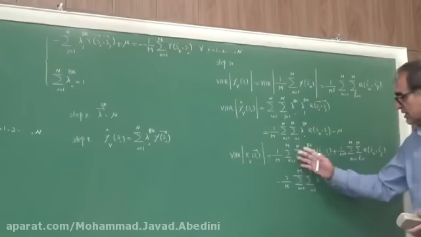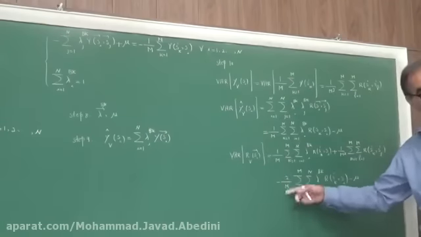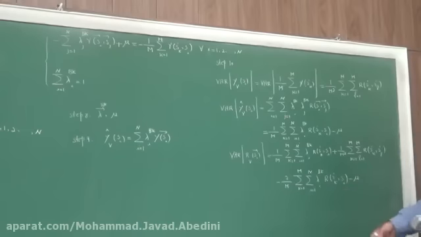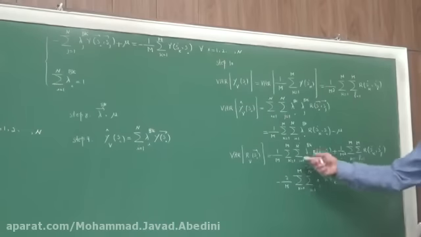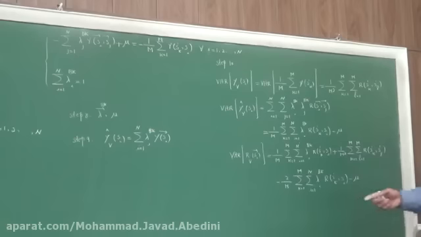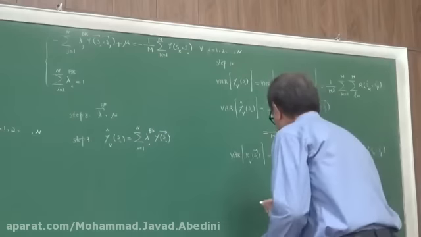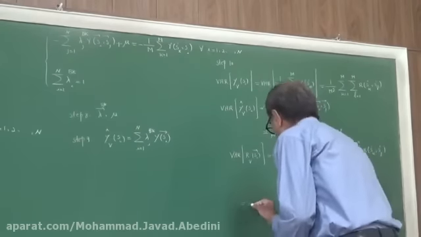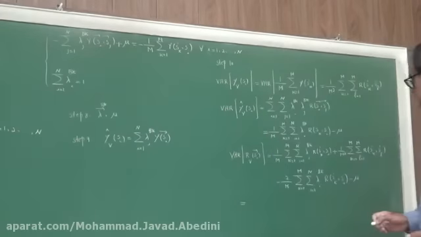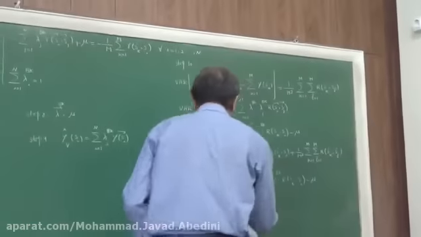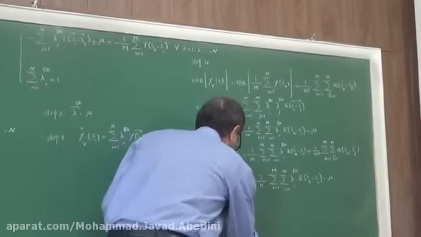We have 1 over m here, and we have 2 divided by m here. Therefore, this and this will become one of them with minus sign. And then we have this, therefore, let me write it here. Mr. Ahmadi, are you with me? Yes. 1 over m square,